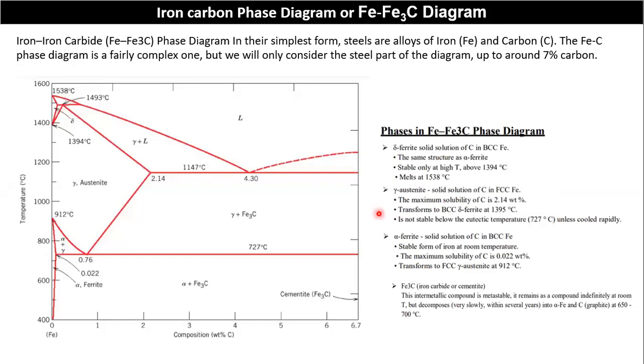Yesterday's class continuation, that is the iron carbon phase diagram. Sometimes it is noted as the iron carbide diagram. Yesterday in class we already discussed a brief introduction about the iron carbon diagram. It is one of the binary phase diagrams. Binary is nothing but a combination of a minimum of two elements. So those elements will exhibit various allotropic